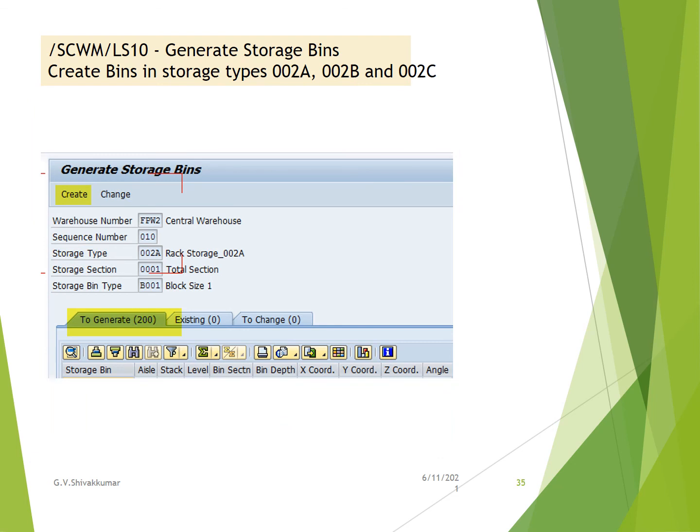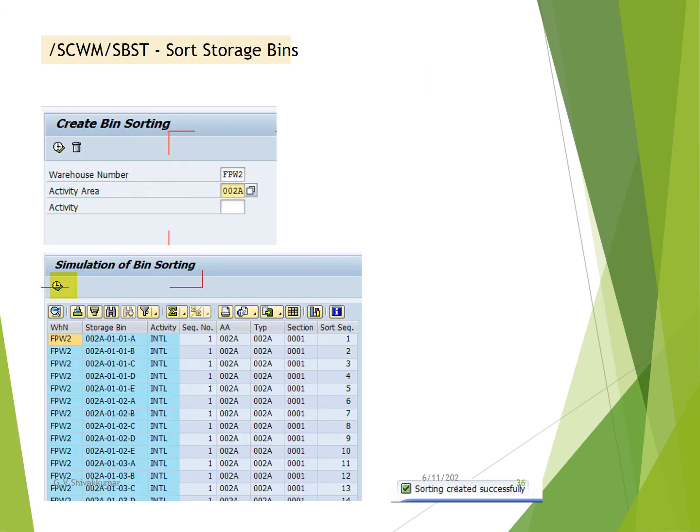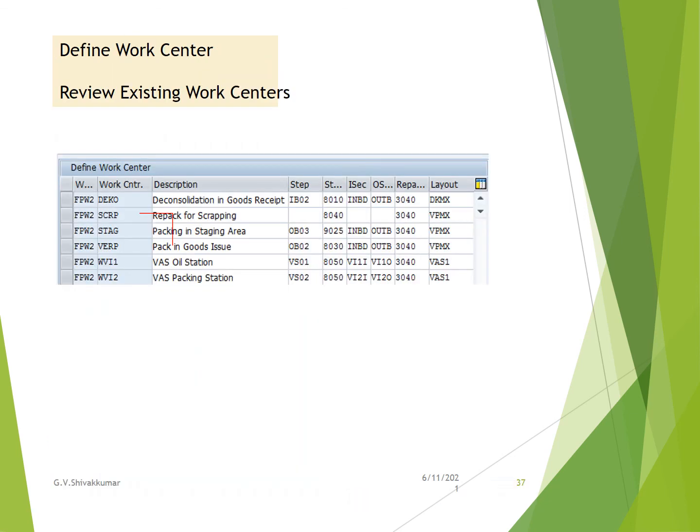And then we need to create the storage bins. The transaction is /SCWM/LS10. Then we need to define the sort sequence of the storage bins. So the bins are sorted, then define the work center, and review the existing work centers available.